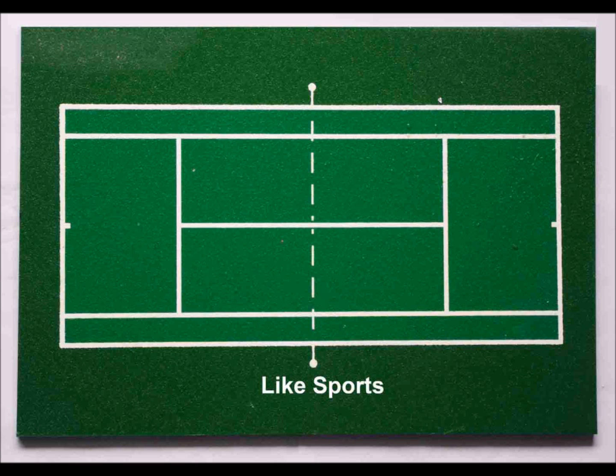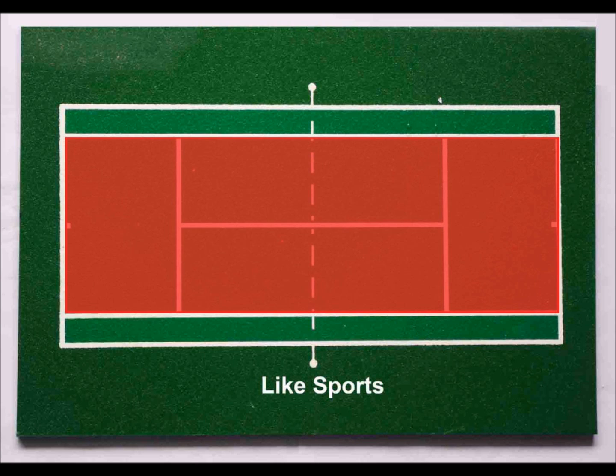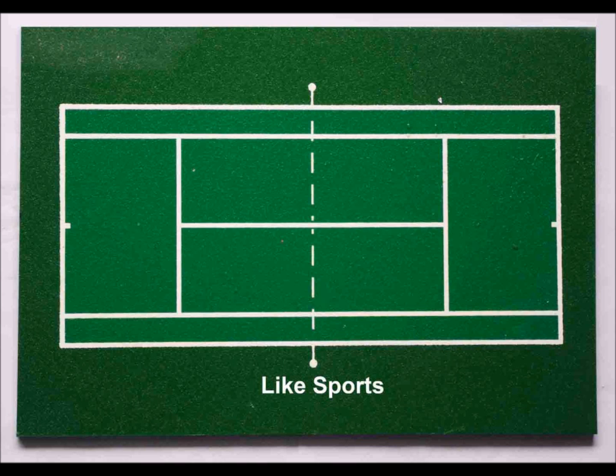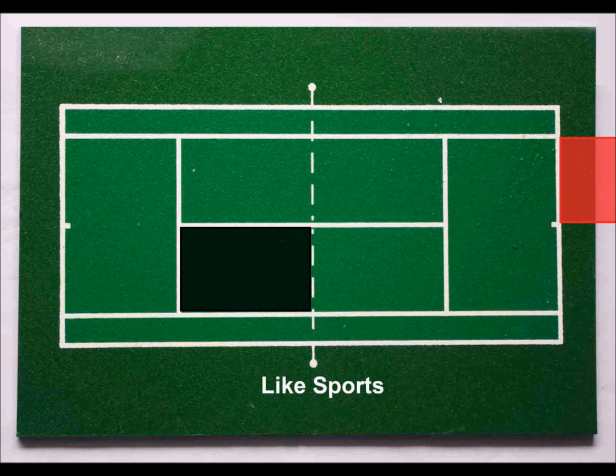Tennis singles is played only on the red area of the court. The rest of the area is used for doubles, which we'll discuss later. A point starts with a service. For each point a player has two services. Player 1 has to serve from the red area, and if it falls on the black area known as the service block, then the serve is right, else it is a fault.